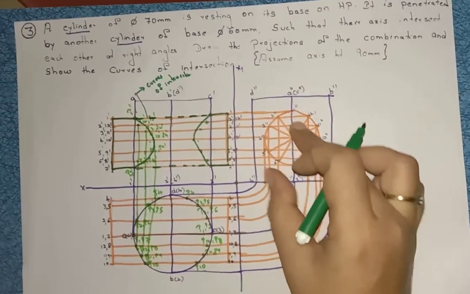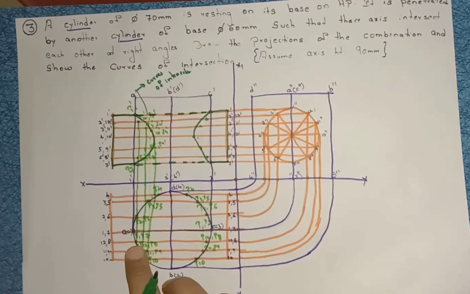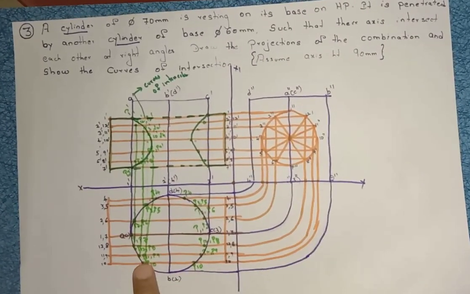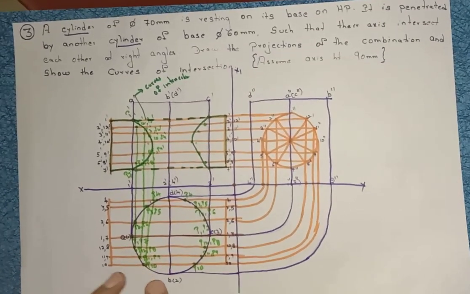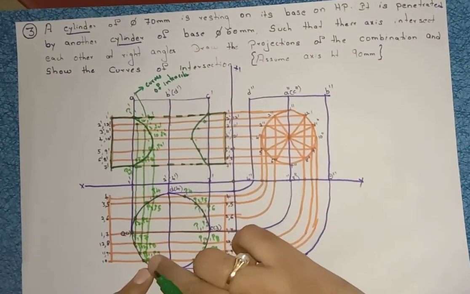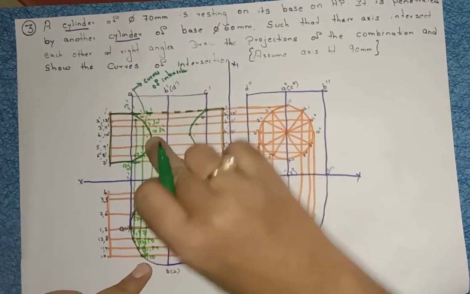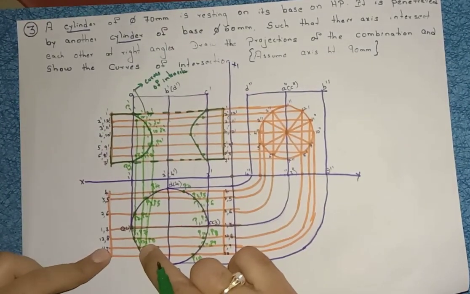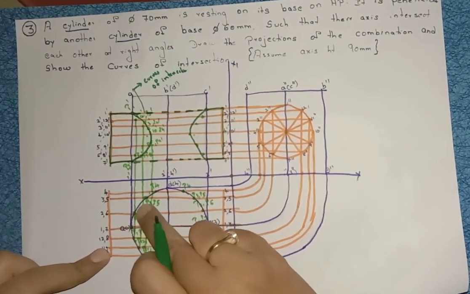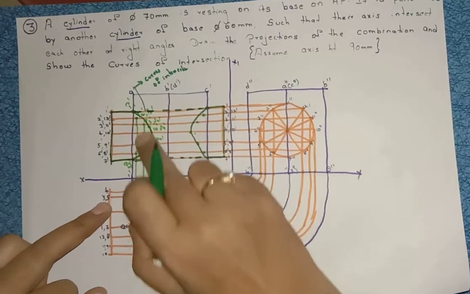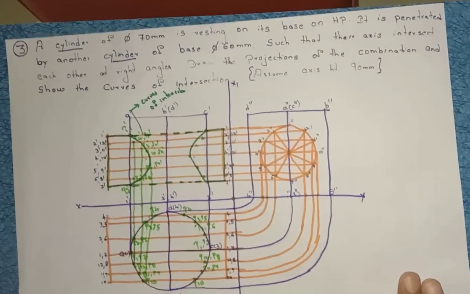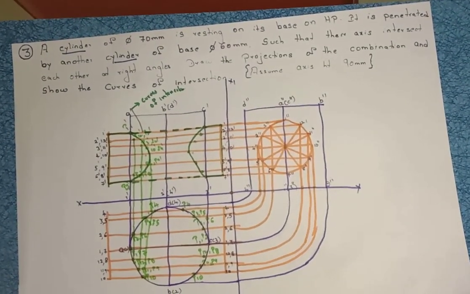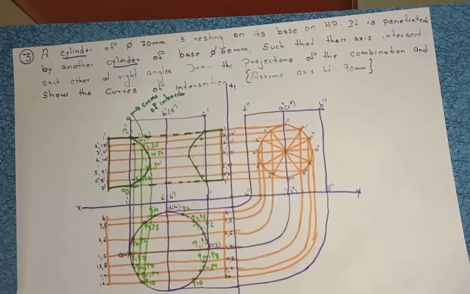We are just marking points here, right? Axis height, circle intersection point, axis height, circle intersection point. You are writing numbers. If this is P10, from P4 you are drawing a straight line, naming it P10 comma P4. This is P11, P9. From here, if you draw a straight line, it will meet here also, P3, P5. Mark the points here. Like that, if you practice this, you will definitely understand these intersections of surfaces. So this is the third problem.